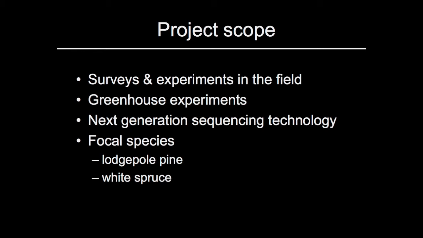We're not really sure of the role of white spruce yet. On one hand, we think it might be positive, in that the presence of white spruce amidst this dying overstory might be able to maintain mycorrhizal networks or communities that could benefit other species coming in like pine. Or it could be something more negative, in that maybe it pushes the mycorrhizal community to something different, which then prevents other species coming in like pine. We're not really sure of the role, but that's something we really want to explore in our work. And I think it will help answer some of the questions that came up yesterday about forest recovery.